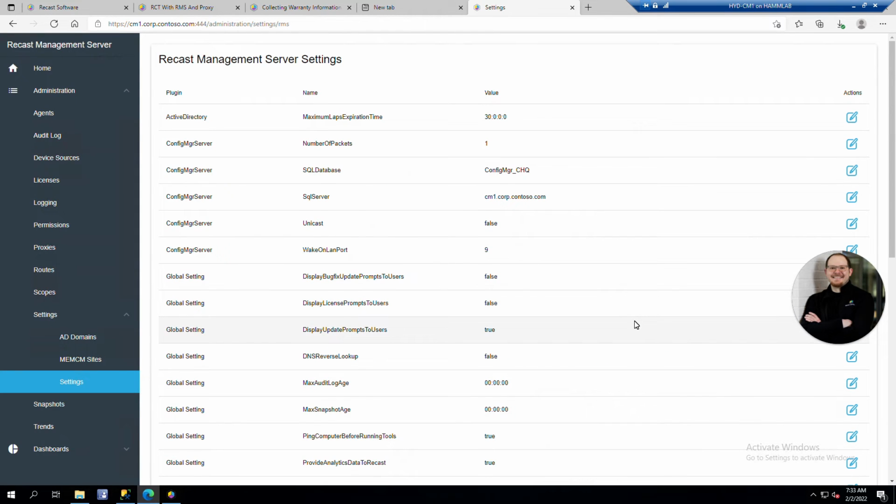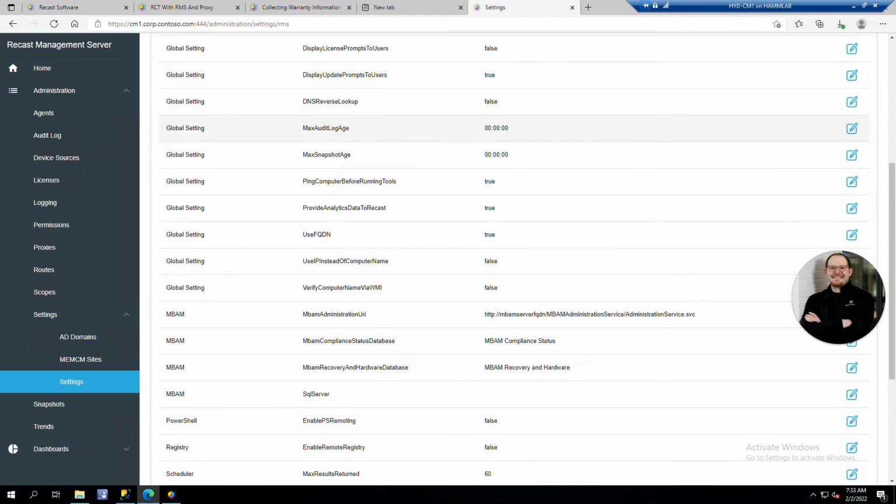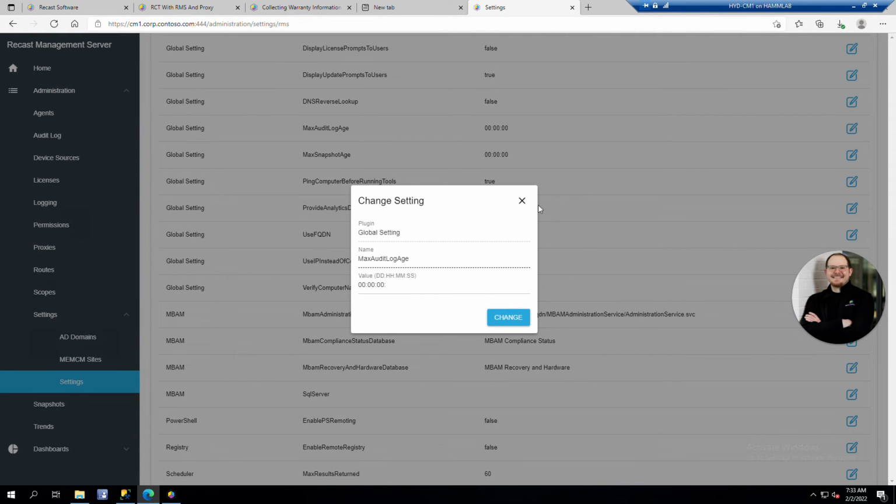If we take a look at the maximum audit log age, which is right here, the default is going to be all zeros, which essentially means that everything that is logged for the audit log is going to basically save indefinitely. So if you don't have a lot of space on your SQL database, or you're not interested in logs over a very long period of time, you can change this. So for example, if I wanted to do 7 days, I could do 07,